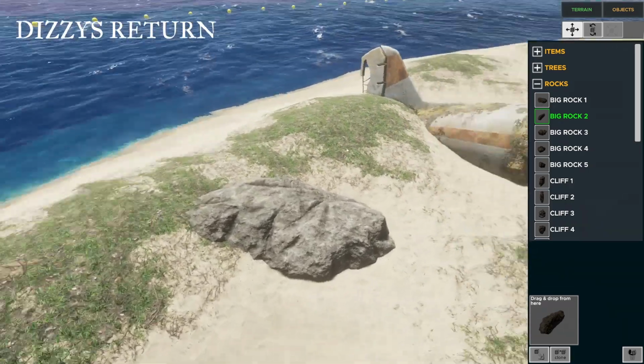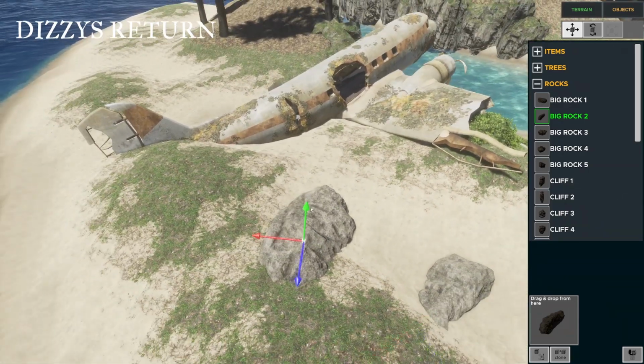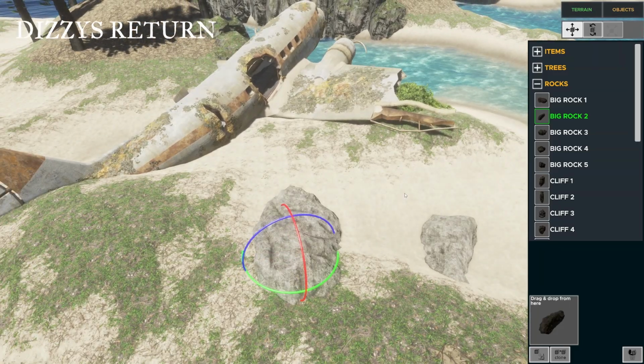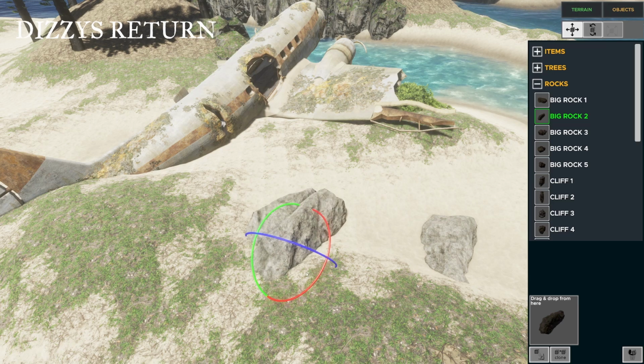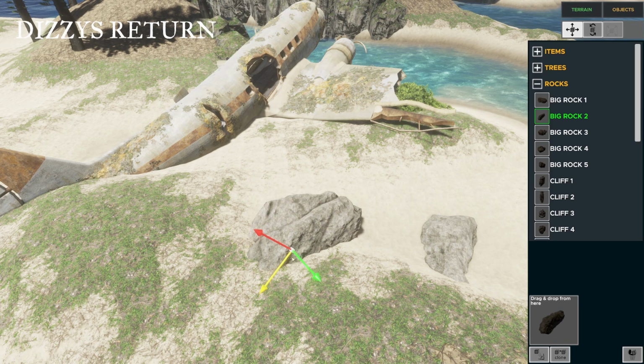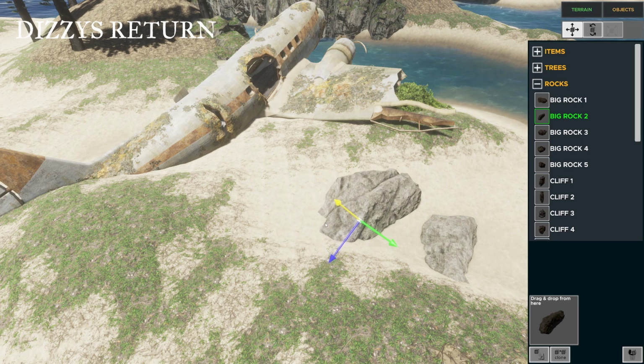Okay, cool. So grab some rocks. I think these are a little bit... Okay, I think we're going to need to play with the rotation of these. And the transform...